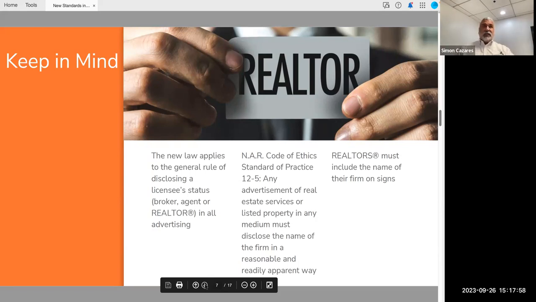How many times have you come across a situation where it's a for sale by owner, right? And it says FSBO. Now, they're not licensed, right? And the reason they're not using a real estate agent is why? Because they don't want to pay a commission, right? So are they out of compliance when they're trying to sell their own house and have directionals that just say left, right, open house? Is it out of compliance that the homeowner has their own flyer with pictures, descriptions, and price? No,